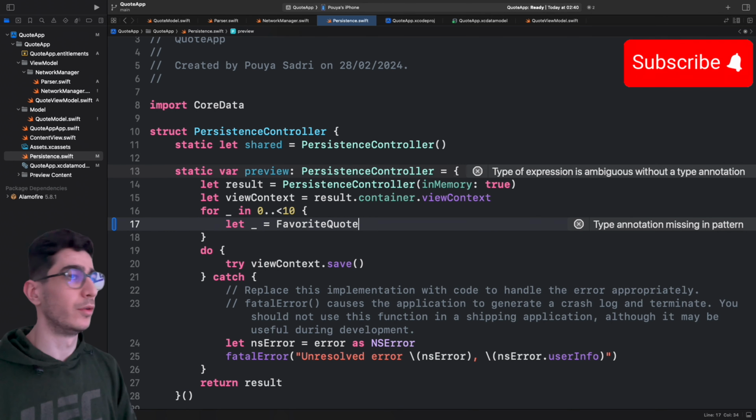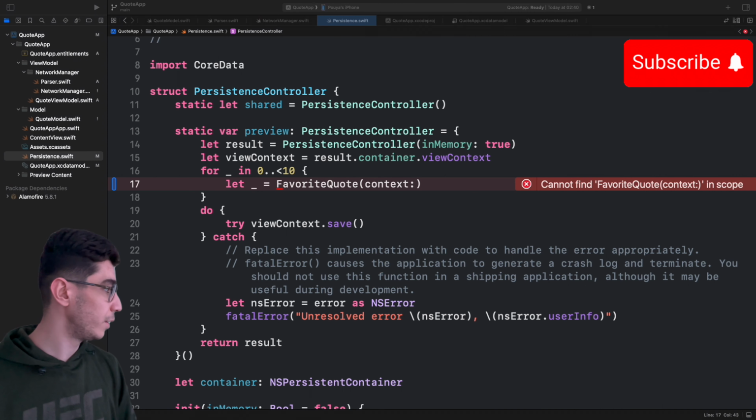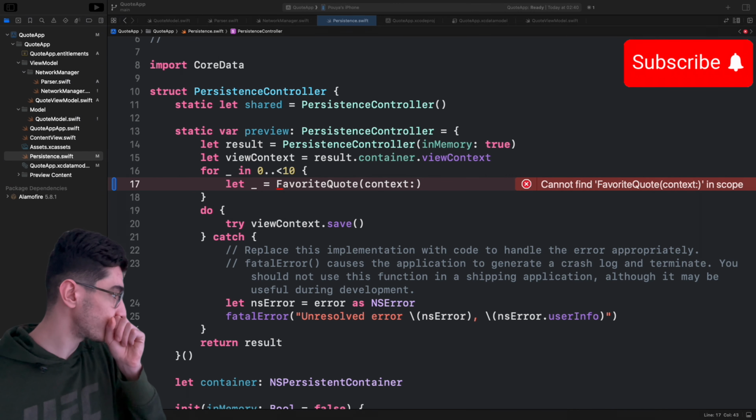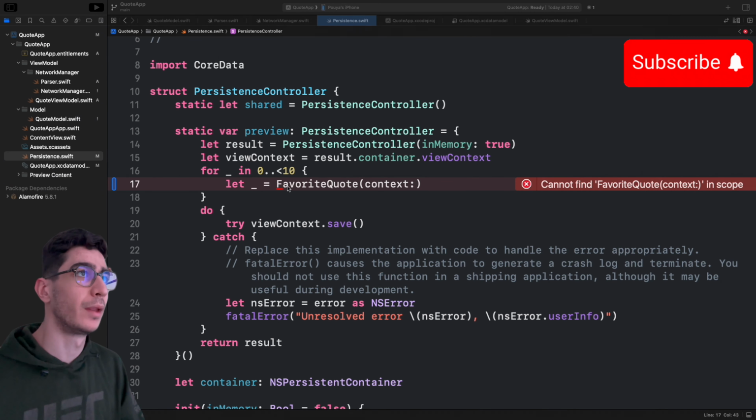Well, let me just clear things up here. So here we have our preview. Let me just create a preview here. So here we have a static function here. Static function createPreviewController,